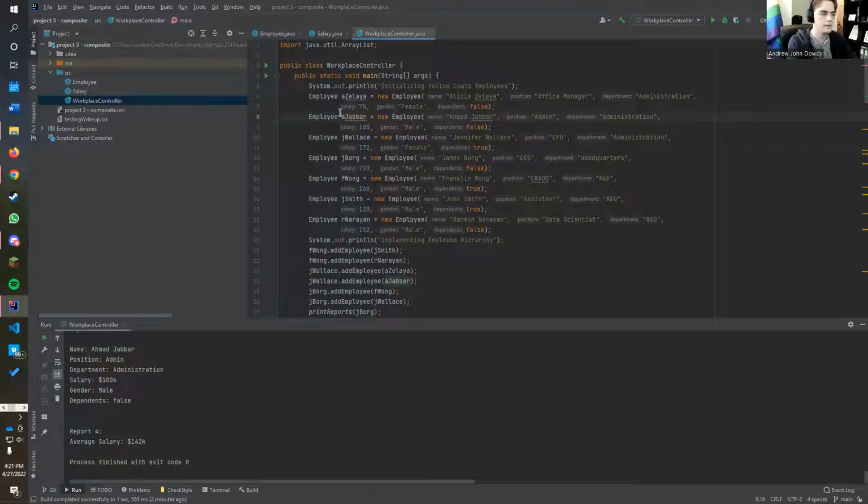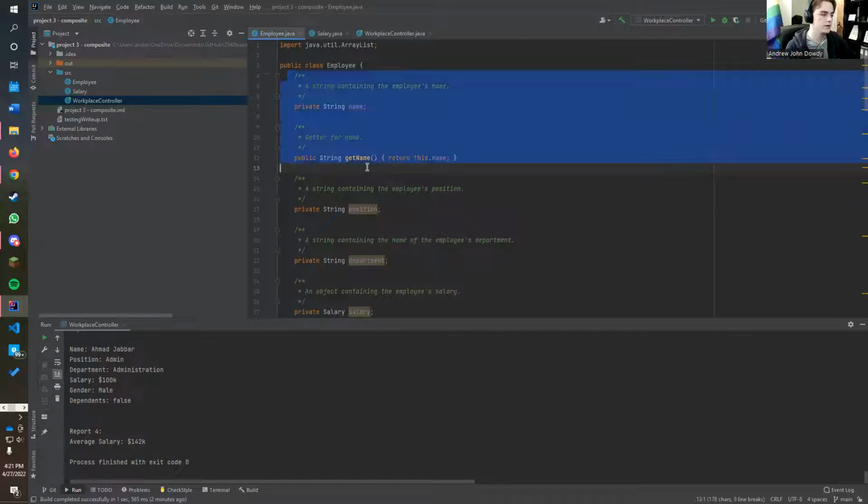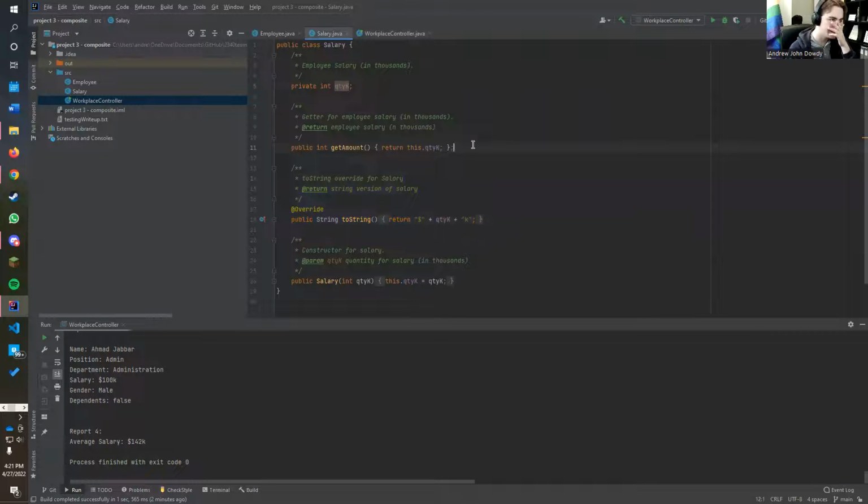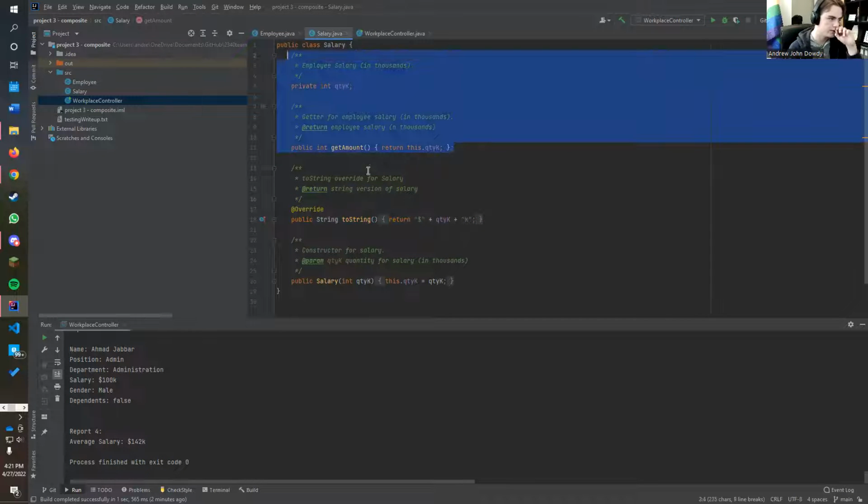To show that we've implemented this in a way that can generate reports, we have this workplace controller class, which is the class that generates the reports, whereas the employee class holds information on an individual employee and references the sub-employees. The salary class reflects that a salary is an integer but needs a